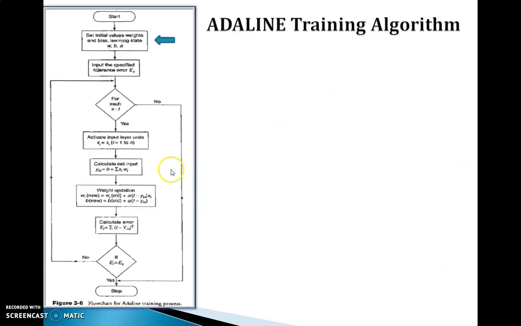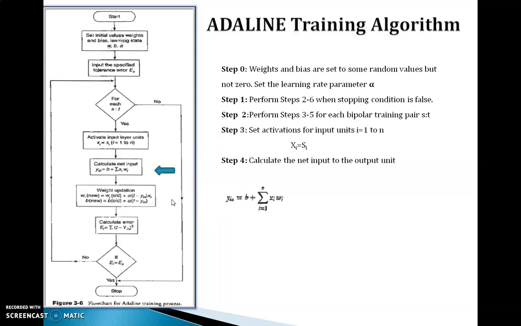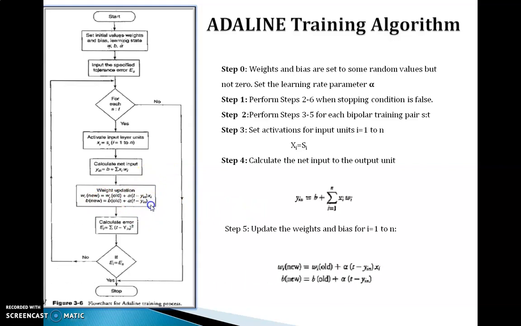We will check the algorithm for the Adaline. We start with the initialization of the weights, bias and alpha. We specify some tolerance level as Es. Take the sample s:t, and assign the si value to xi. Calculate the net input, and without checking the target, because we are not going to apply this Adaline directly to a real world problem, we directly update the weights based on this rule and calculate the error. If the error reaches the tolerance level, we can stop the algorithm. Otherwise, we continue the same task.